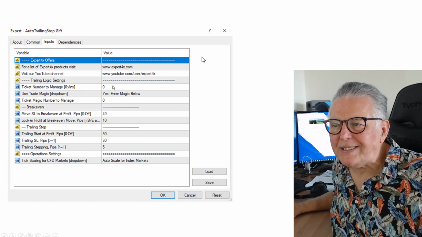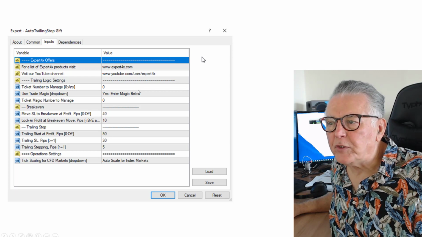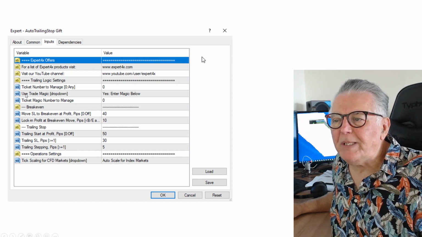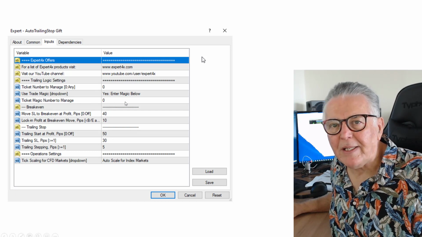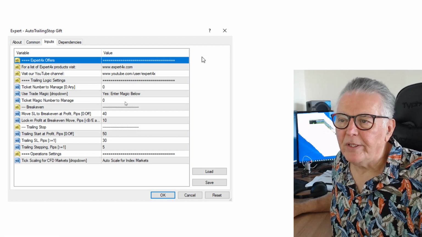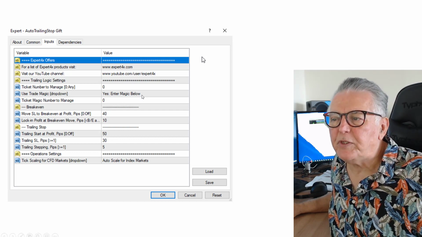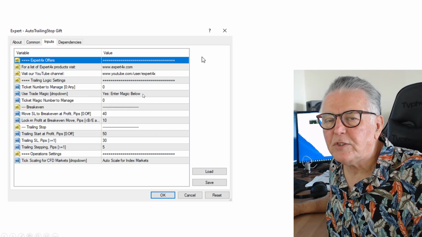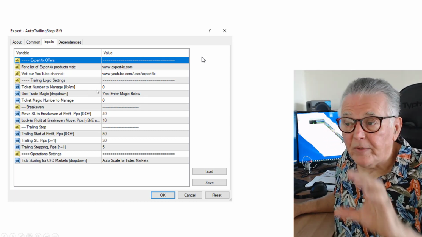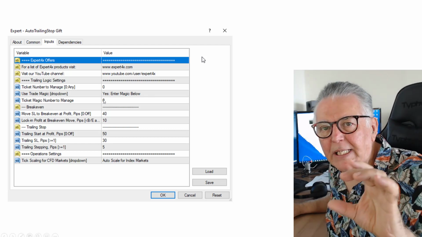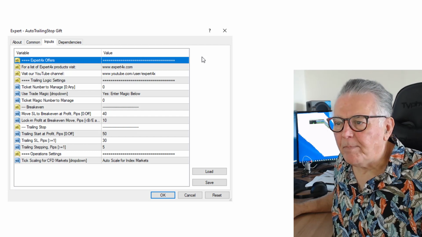It needs you to put the ticket number in if you are going to control one transaction at a time. If you're going to trade a number of transactions, you can put a magic number in there. So it's fantastic. You either put a ticket number or a magic number in. In this option, you basically tell it whether to use the reference or whether to use the magic number option. So it's very simple. Those settings link the EA to the transactions that you're trying to manage,